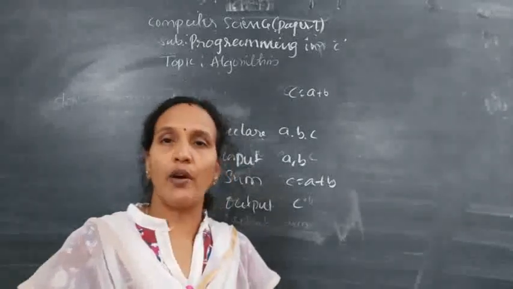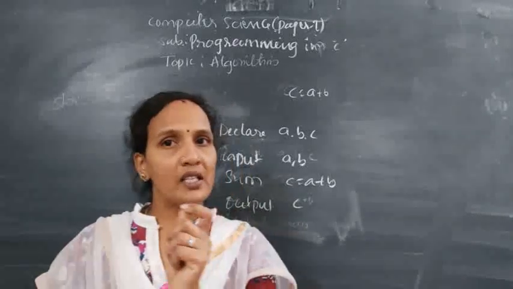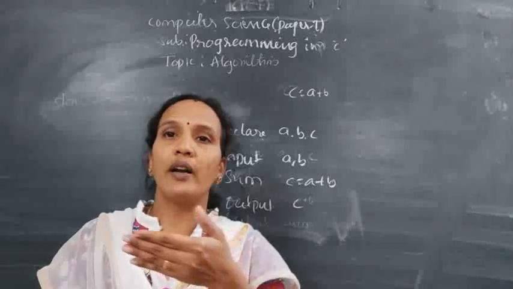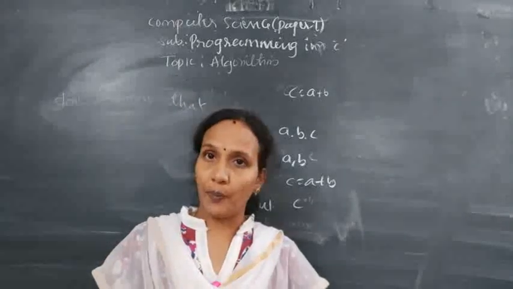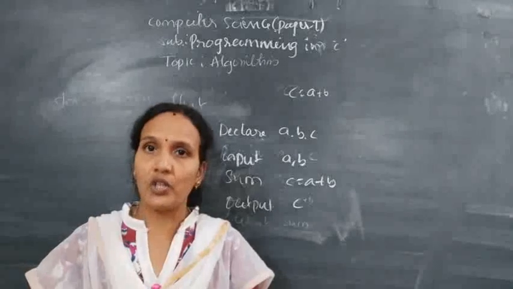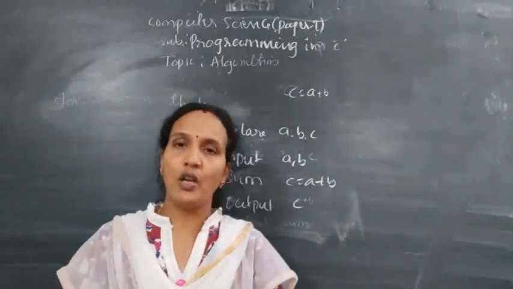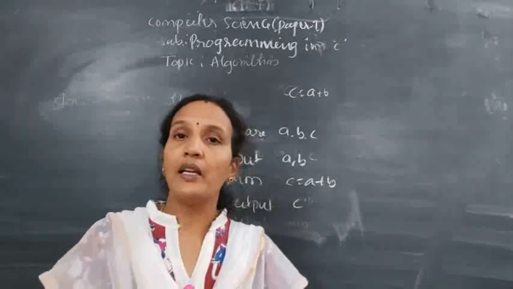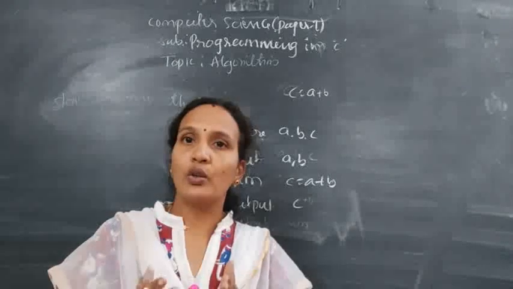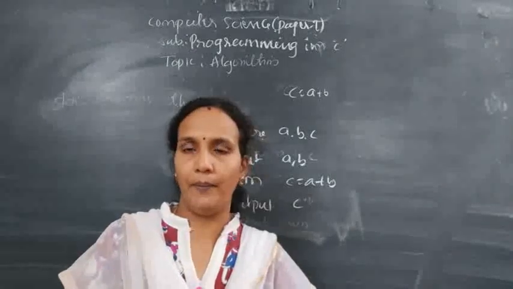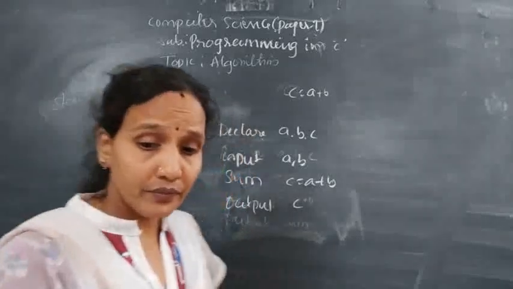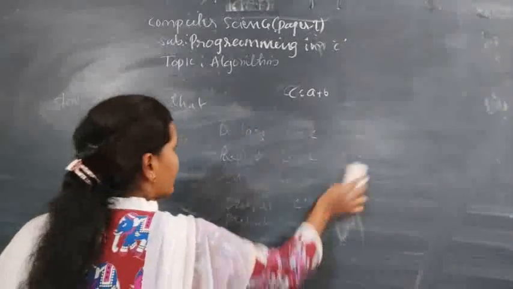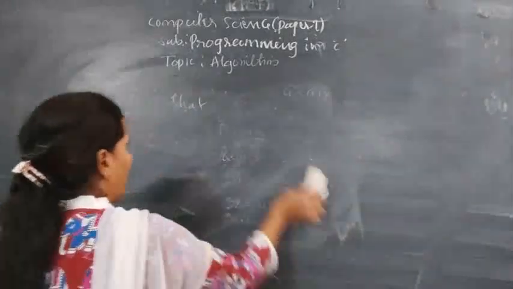So, when you write this point in the exam, how will you write? It is a step-by-step process to solve a problem or to get a required result. It is a procedure that performs some sequence of actions, underline sequence of actions, to get a required result. Understood? What is an algorithm? It is a step-by-step process to solve a specific problem. Clear? This is an example. Now come to characteristics. What characteristics should the algorithm have?